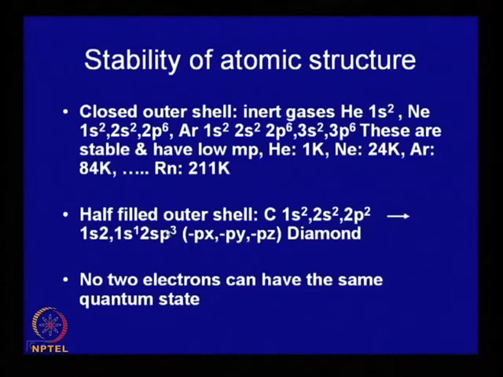In this case, these orbitals become hybridized, we call it sp3, and each of these has the same energy level. In fact, this is the type of bonding that forms in diamond,